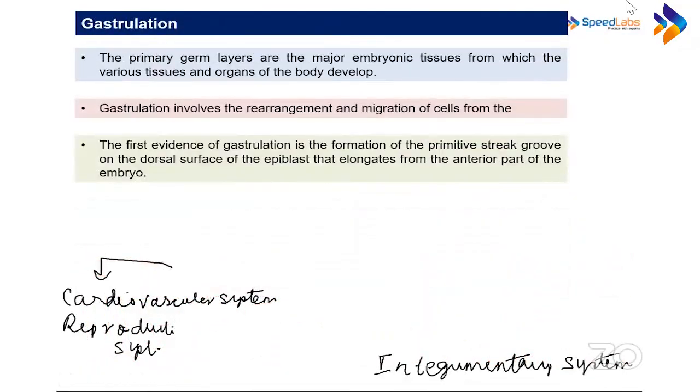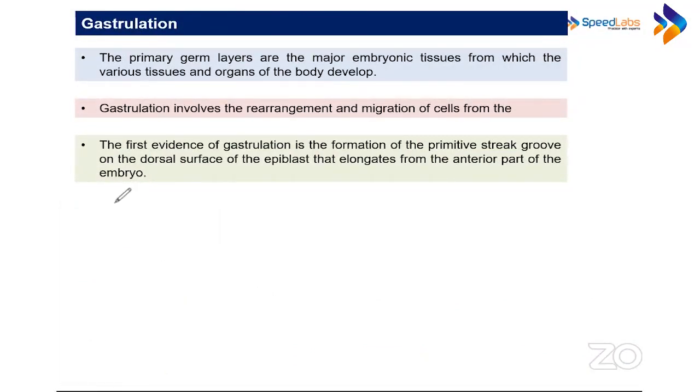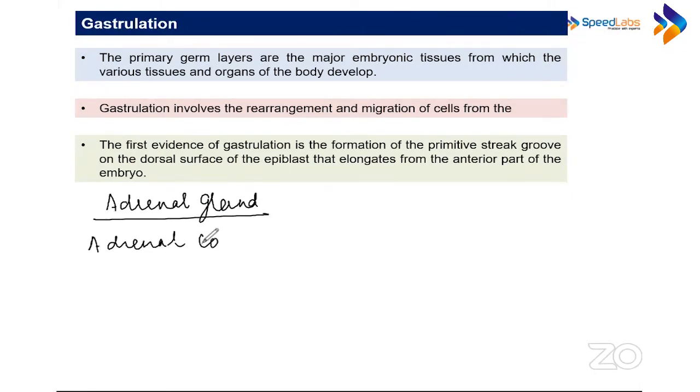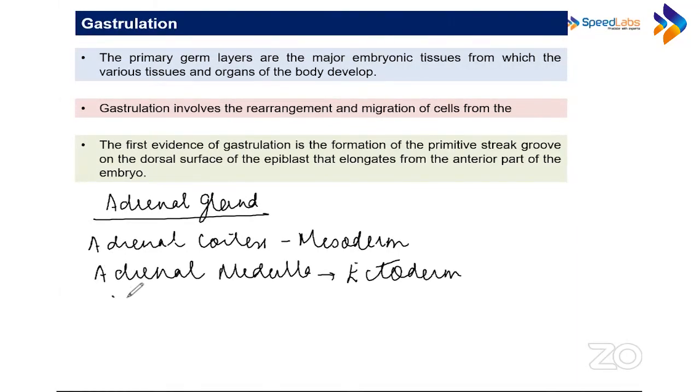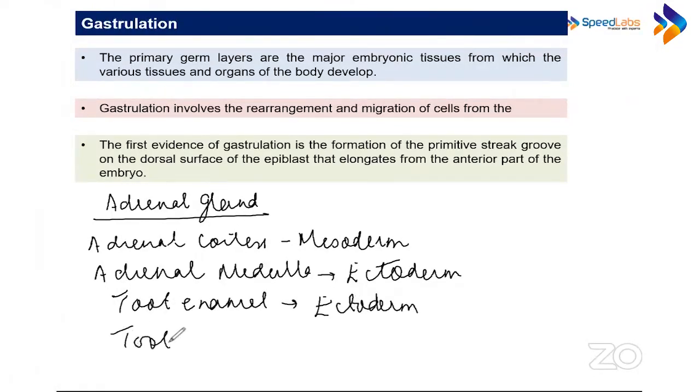जैसे कुछ examples I can give you. जैसे adrenal gland. Adrenal gland में adrenal cortex is formed by mesoderm. Adrenal medulla is formed by ectoderm. Again, tooth enamel is formed by ectoderm, and tooth dentine in the tooth is formed by mesoderm. So आप क्या देख रहे हो इसमें कि ये adrenal gland ही है, इसके दो parts, दो अलग germinal layers बना रहे हैं. ये tooth का part है, enamel ectoderm बना रहा है, dentine mesoderm बना रहा है. So ऐसा कोई hard and fast rule नहीं है, just you have to remember.